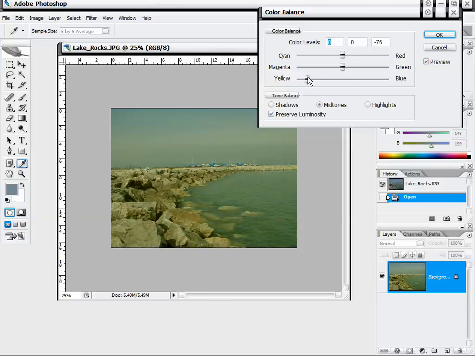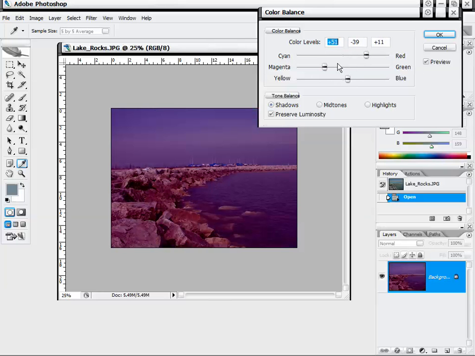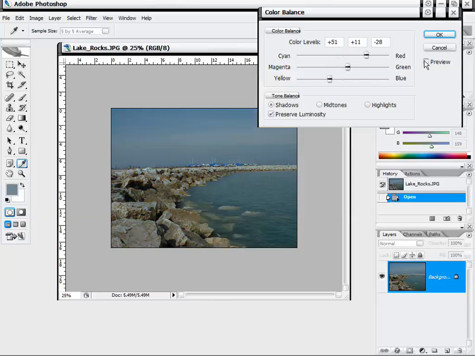We can adjust and move it more to a yellow from a blue, or more blue than yellow, and we can adjust our green to magenta and cyan to red. So you can play around with these color balances and get a different type of effect. We can also adjust, like I said, our shadows and change the color of our shadows or the darker areas, because shadows are just pretty much the dark areas of the image, and the highlights are the lighter areas of the image. So as you can see, with highlights, I'm mostly editing the sky. And with shadows, I'm mostly editing the rocks and a little bit of the sky, the darker areas. And like I said, we can preview that if you want to see what the image looked like before and then after. But I'm going to go ahead and hit cancel